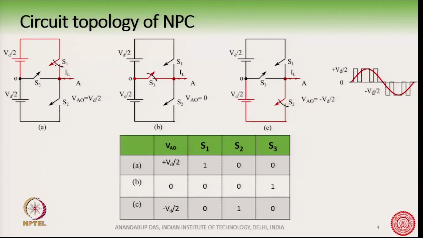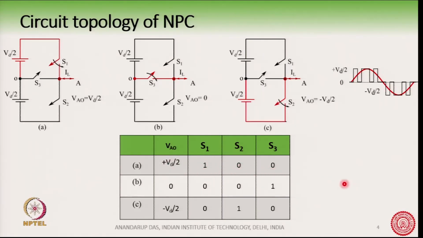So, suppose this is shown in this figure and also in this table. If I turn on S1 and I turn off S2 and S3, then I get, with respect to this O point or 0 point, the voltage VAO is Vd by 2. So, this is shown here, VAO is Vd by 2 when I turn on S1 and